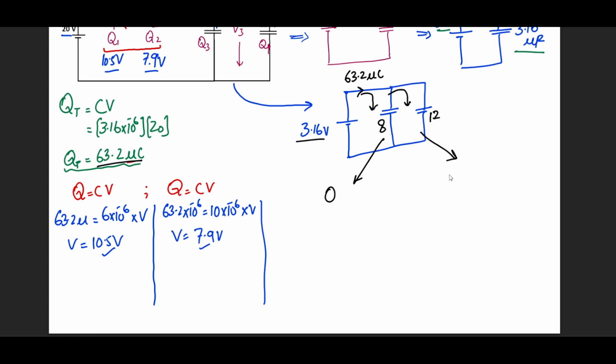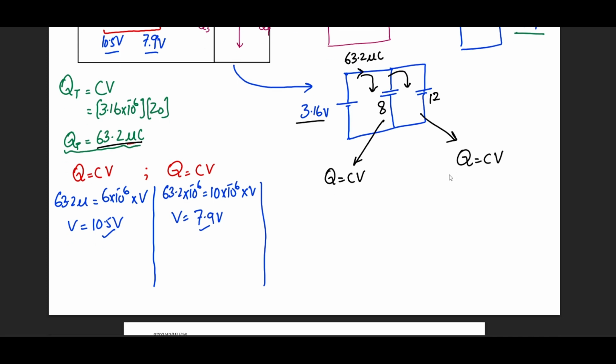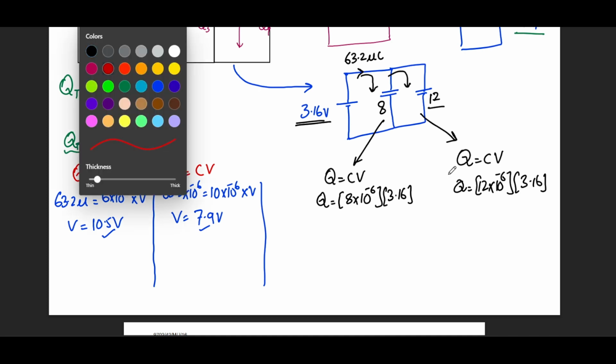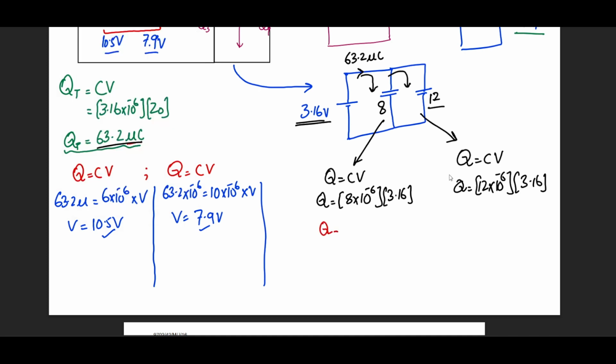So we apply Q equals CV once again. We don't know what the charge is going to be, but we know that the individual capacitance is 8 microfarad. The voltage that they have is 3.16. Similarly over here, Q is equal to its capacitance, which is 12 microfarad, times 3.16, the voltage that was left behind. So we find that the Q of the 8 microfarad capacitor comes out as 25.3